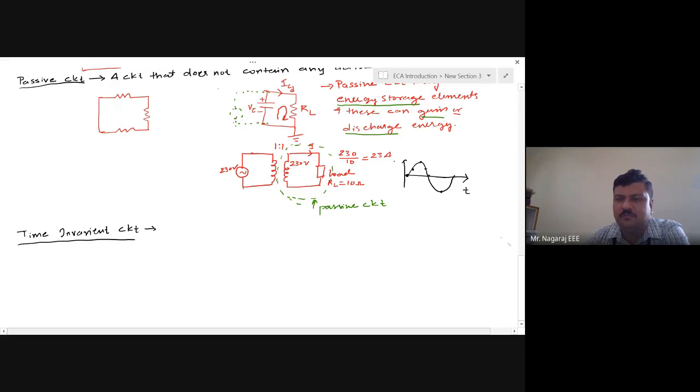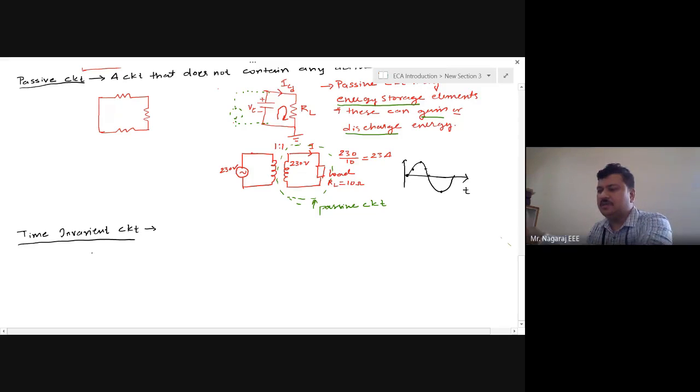Somewhere up, we have shown V of t. It means voltage is varying with respect to time. This is the common misunderstanding of time invariance. I purposely ask this because everybody thinks that the output of the circuit or the parameters of the circuit will not change with time. Now, if I take an alternating voltage and alternating current, definitely they will change with time over a period. So it is not the circuit parameters that are changing with time. It is the circuit behavior that is not changing with time.